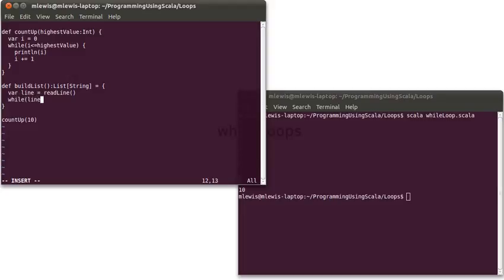Now, while line is not equal to quit, I want to keep going here. Now, what should happen inside of here? Well, I want to append line onto some list. I don't have a list right now. We should make one. var lst equals, and I'm going to make it a list of string with nothing inside of it. When we're done, that list is what I want to give back. So I'll put it at the bottom, and inside of here, lst